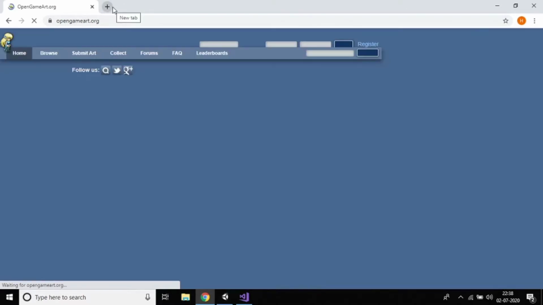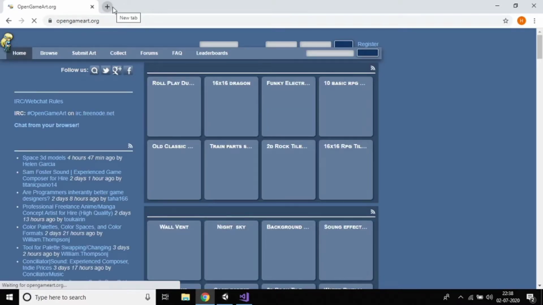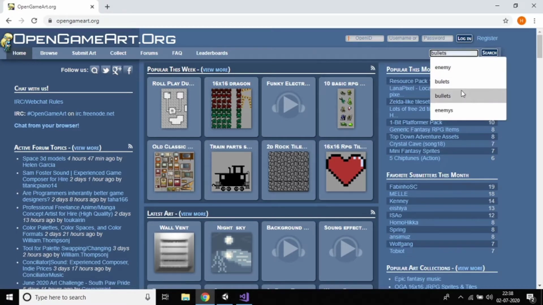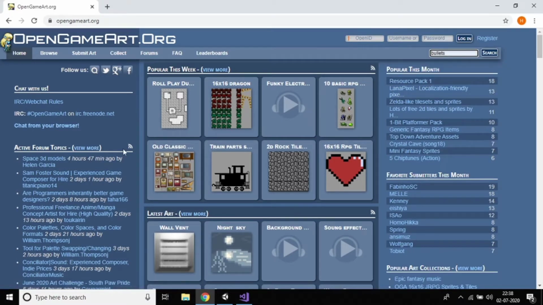You can find all the links in the description. Just search for bullets, download them, and use them in your game. There are many websites like this, and everything is available in the description.